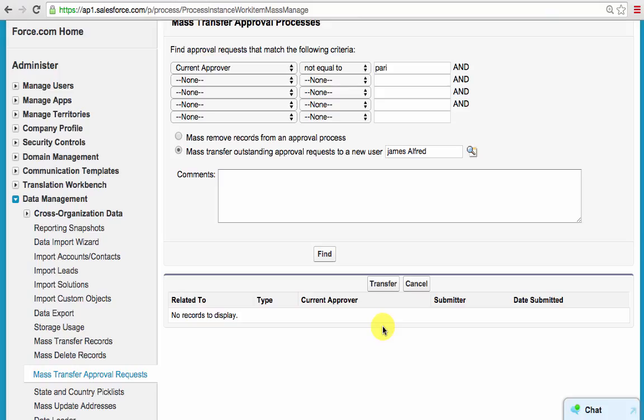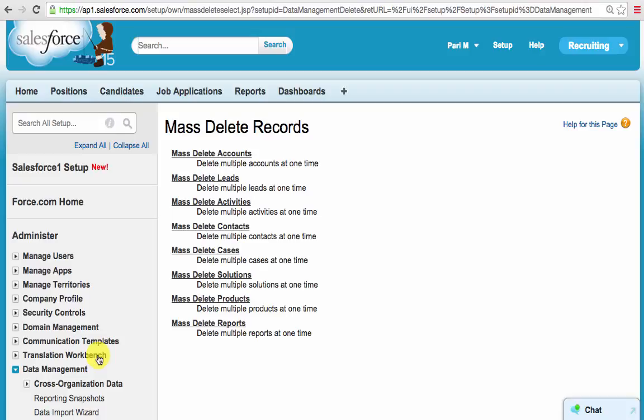Mass deletion of records. Sometimes you might have scenarios where you need to delete few hundreds of records or even more from an object, which might be cumbersome. Salesforce lets you mass delete records from a couple of standard objects that are shown here. For example, if you need to delete a whole bunch of records in the leads object, then you can click on Mass Delete Leads,